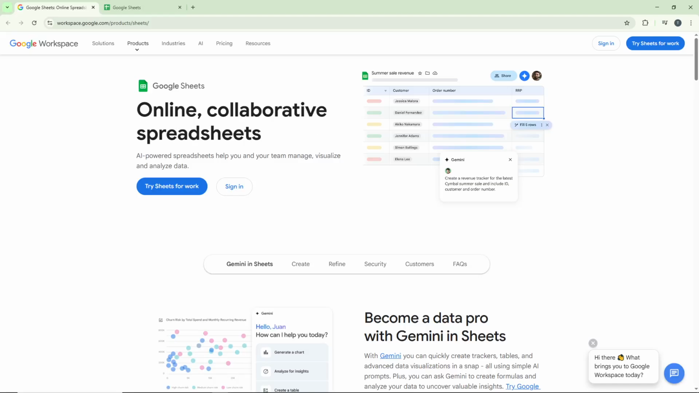Today, I'm going to teach you how to create a header column in Google Sheets. This feature is incredibly useful when working with large spreadsheets, as it keeps important columns visible while you scroll through your data horizontally. First, open your browser and navigate to